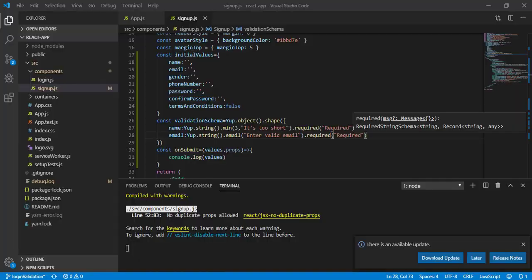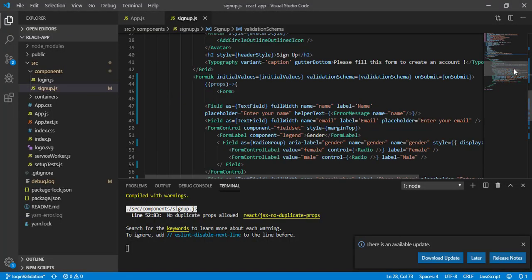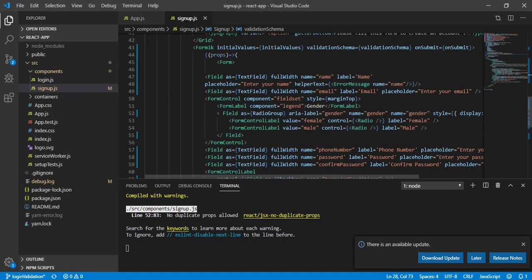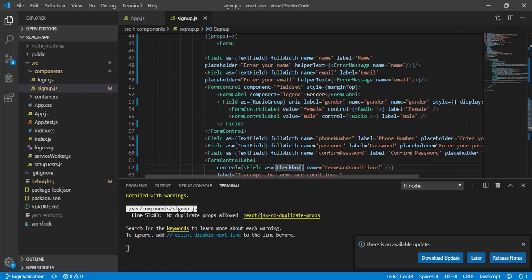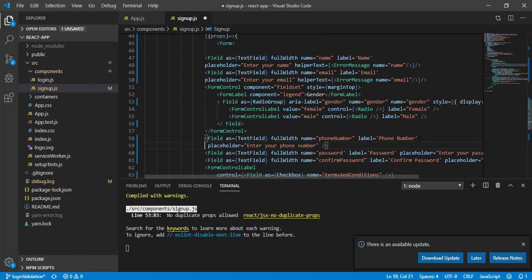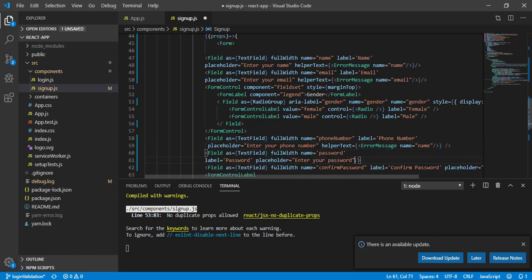Okay, so we have not added our helper text here, so let's copy this helper text. Copy and paste it here and change this name to email. Okay, so email. Now let's do it for the other text boxes as well. So here this is the text box, here this phone, we will change the value.